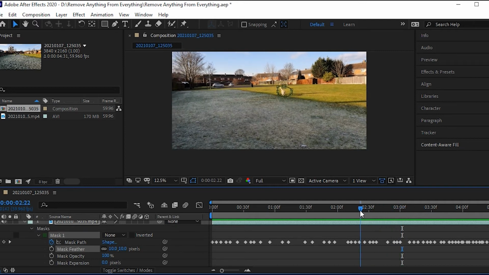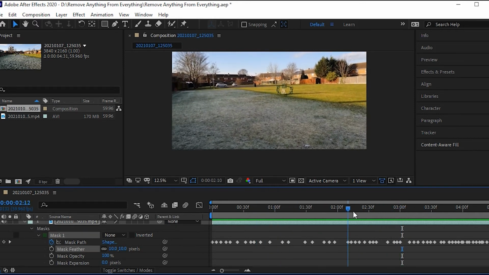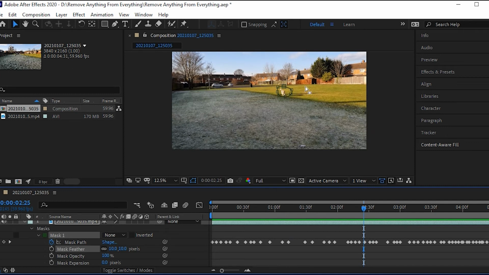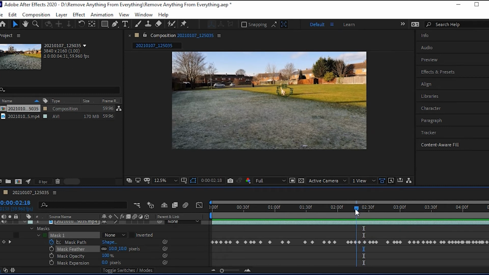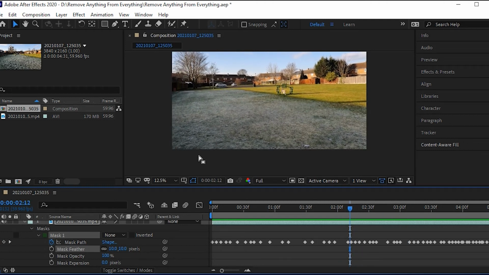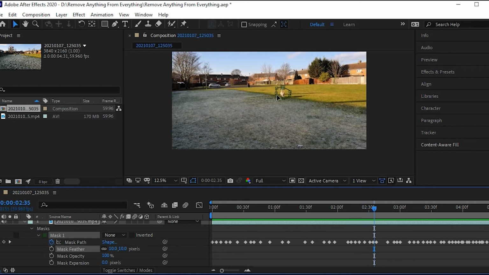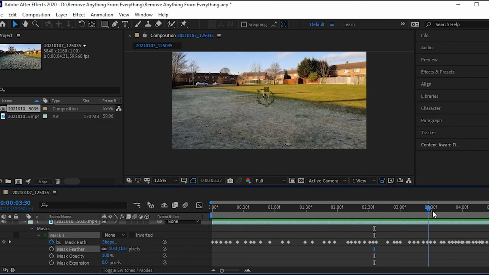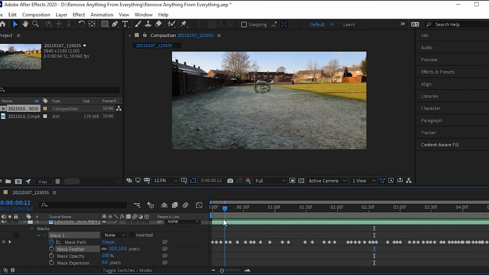But effectively what we would do is just do another mask, and we just mask out the shadow, because that's a separate item altogether. So you just go up to layer, mask, and you just add a new mask in. Or you just click on your icon and then click another mask, and away you go. And they come in different colours, so you can see which one's which and all that kind of stuff. But we can see we've masked her out now, and effectively we are good.